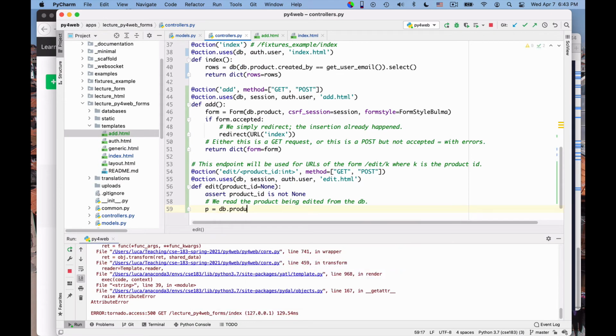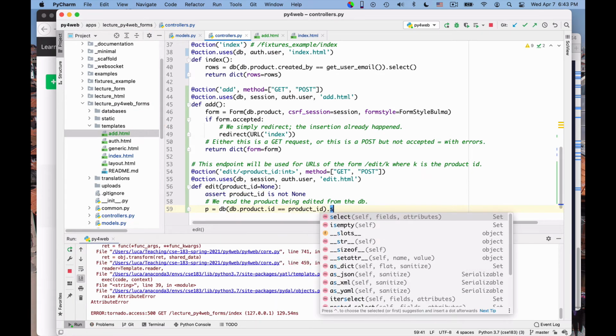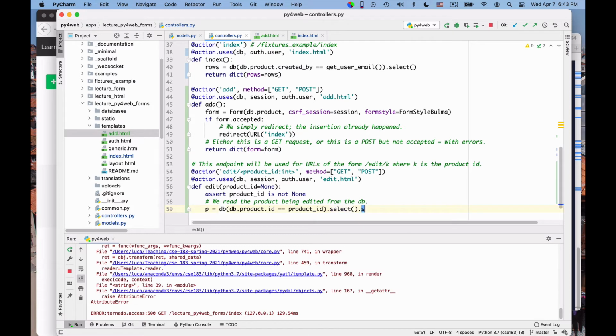I could write a query, right? I could write this actually. DB product ID is equal to product ID, and I could say select, and I would say just give me the first one. I could say something like this if I wanted, but I don't want to say something like that.